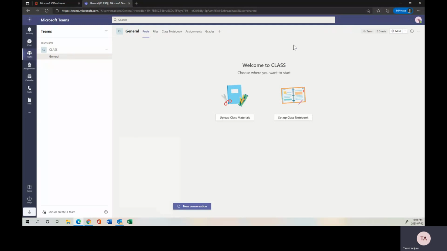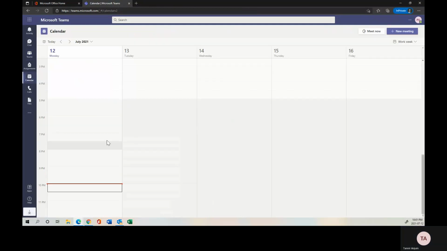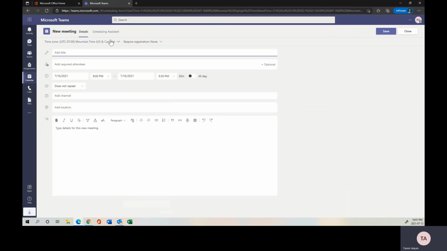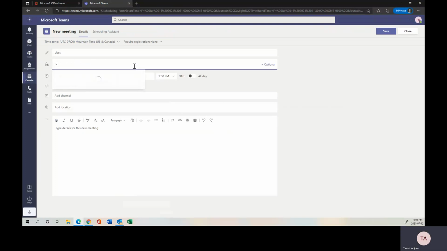Then you can always call them from here. Once you go to the class, you just go to Meet, and then you can go from there. Or if you want to create a timed appointment, like you want to create a class for Friday, not today, you can just go to the calendar, and suppose I'm gonna create a class on Friday. You can give a name to the class, for now class, and then again the same process, name,